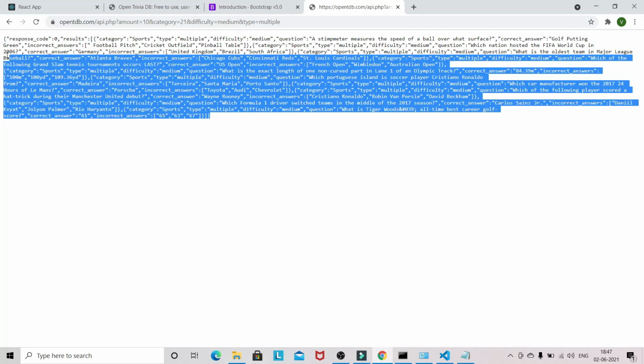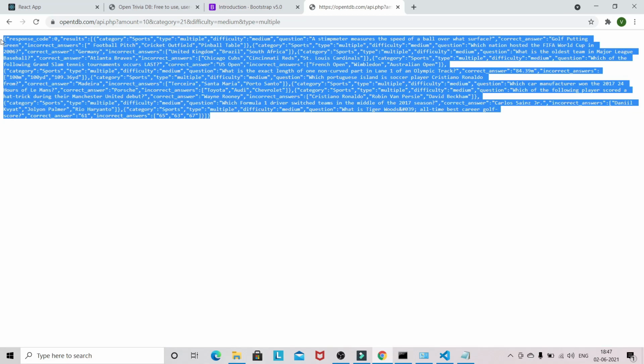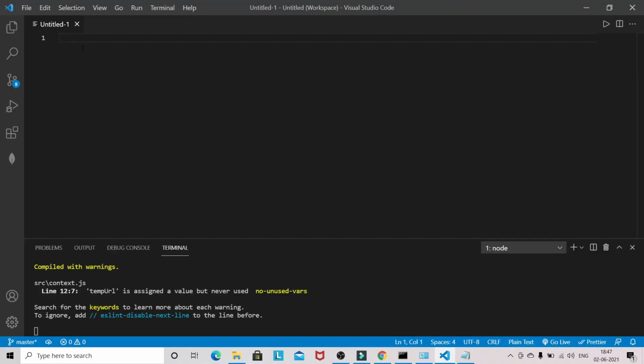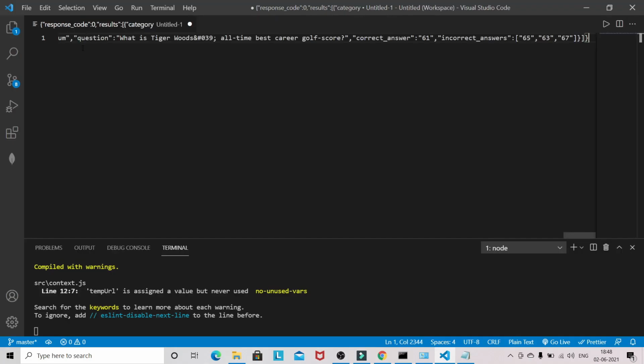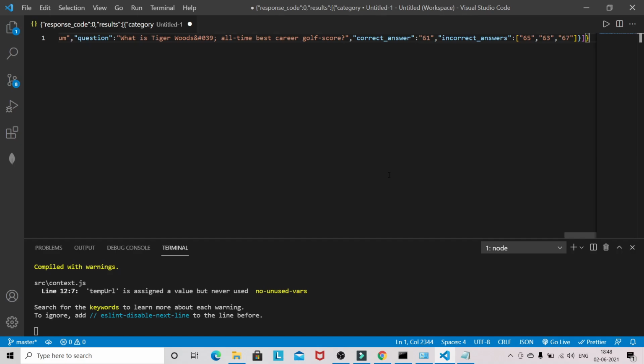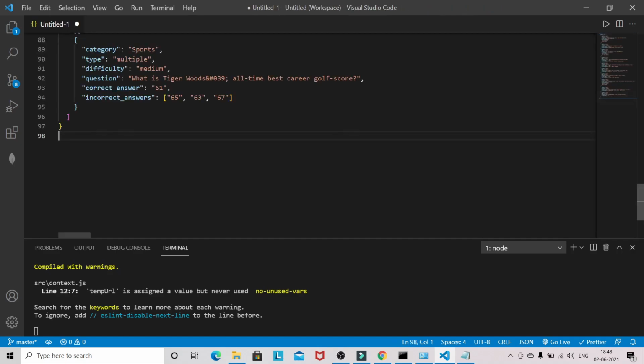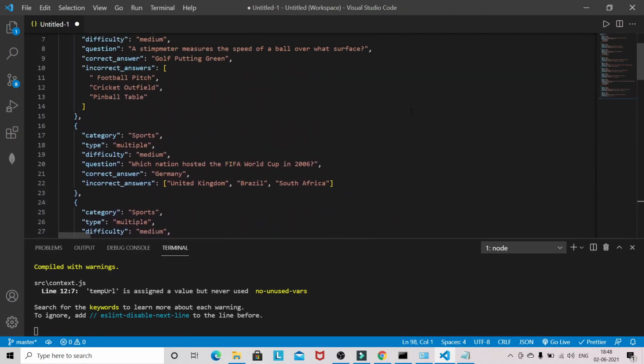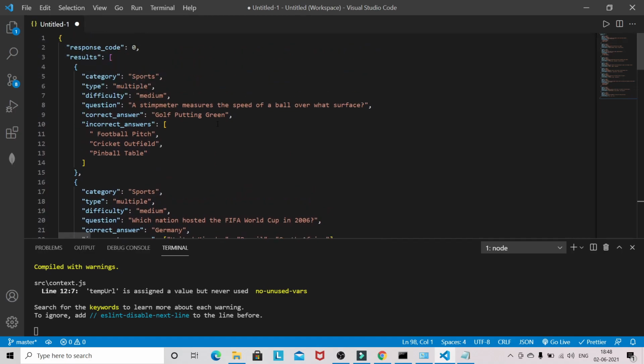I will show you properly in VS Code. If I do format here, after formatting you can see that we have the questions, the correct answer and all the incorrect answers.